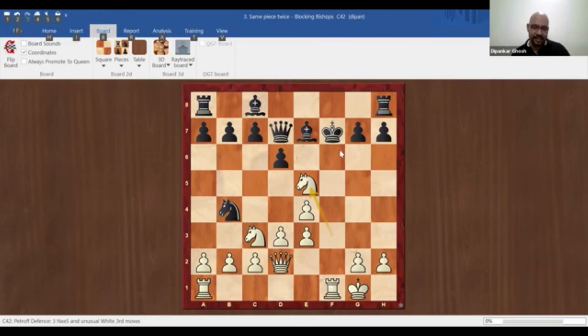So it's a check by the rook, it's a check by the knight. So this is a double check, and the knight is attacking the queen. So when the king moves, the queen will be lost, and all this happened simply because white's pieces were very, very active. Yes, Bonita, you are correct. It's a fork. Yes. It's a fork and also a discovered attack, actually, this tactic.